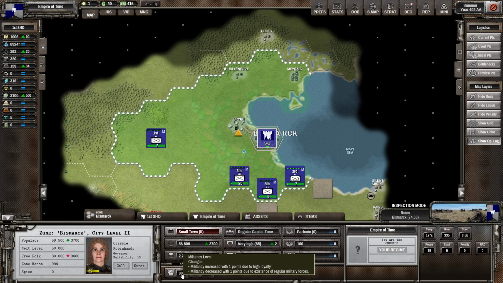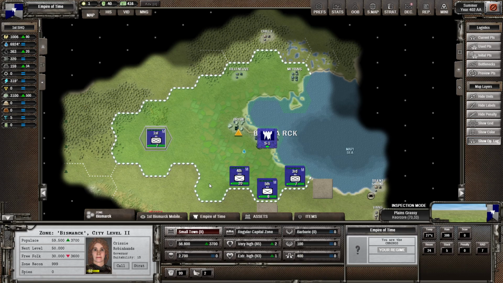See, look at that. Militia increased with 1 point due to high loyalty. We're staying at 99. That's good at this point in time. No, I didn't move my unit last time. I meant to do that, though. He sat out here. So the operational log...